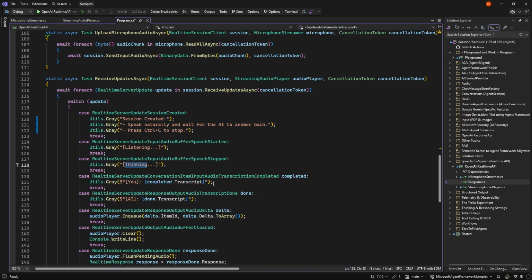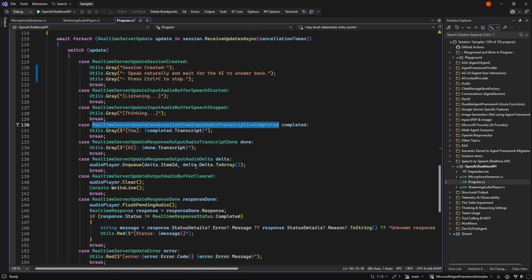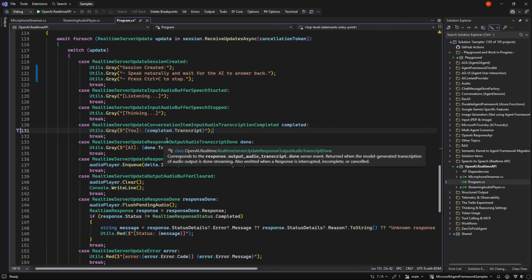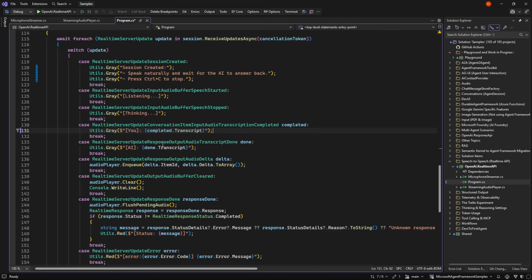Then, if we have the transcribe in place, we get a transcribe completed object where we can say what we said. And we can also get the transcript from the other side on what the AI said. We can get it back here in just a done, but there's also a delta version where we can get it back streaming if need be.